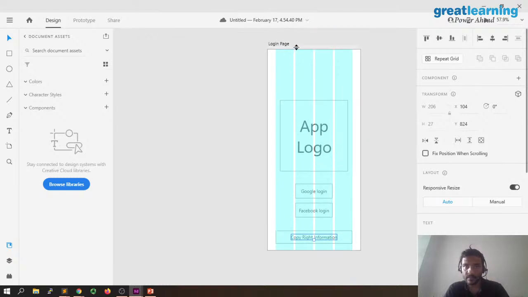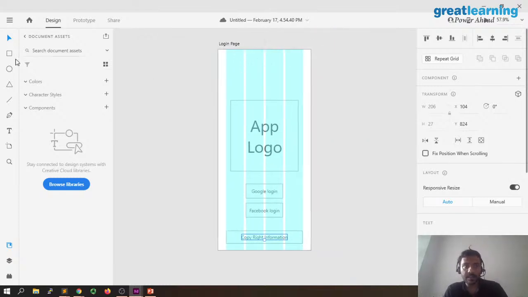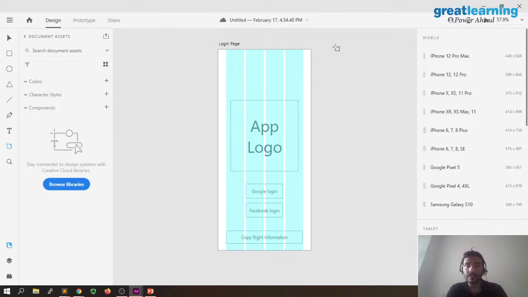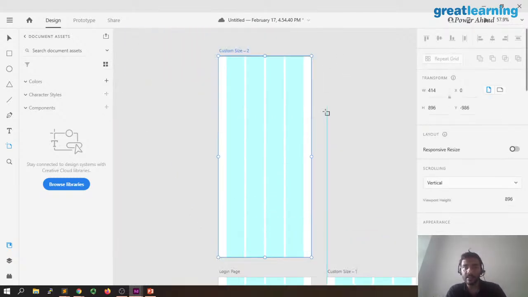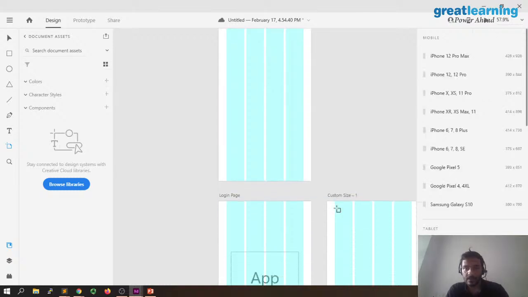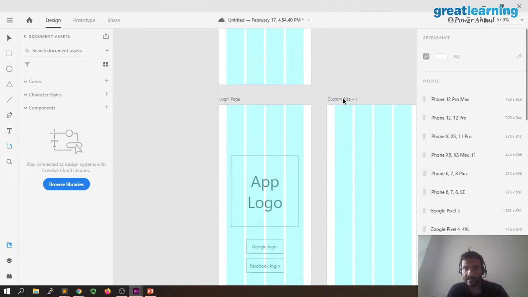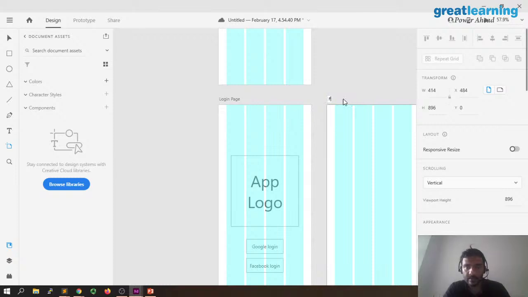Let me show you one more thing. All the buttons over here. So this is for creating squares. This is for creating circles, triangles. You want to create lines. You want to draw something. You have the T for lettering, and then you have to create new artboards. So if you want to create a new artboard, you just take this and select it, and you create new artboards. Okay. So let's say that this is the Facebook or this is the Google login page.